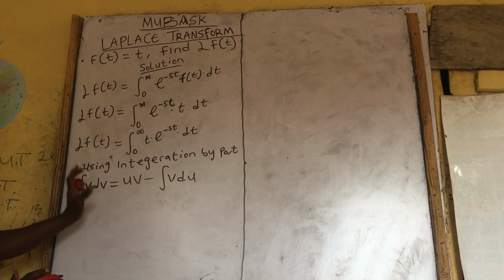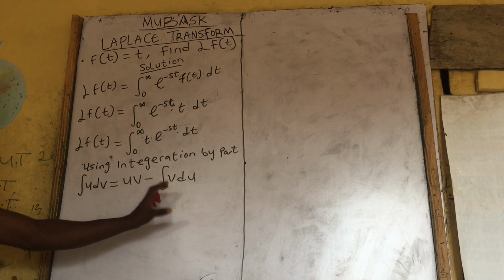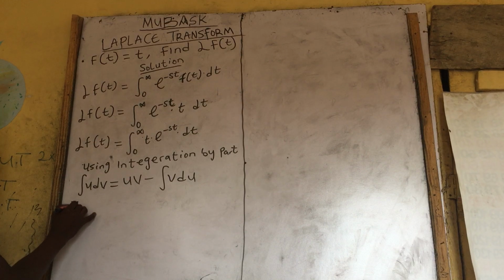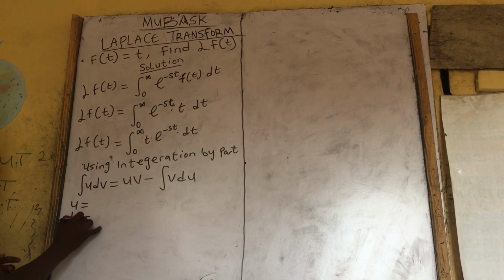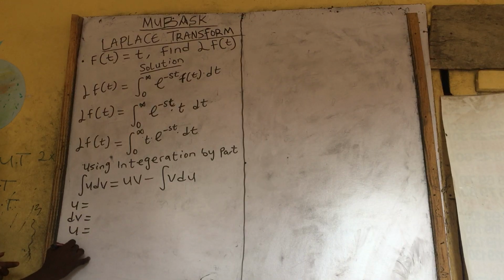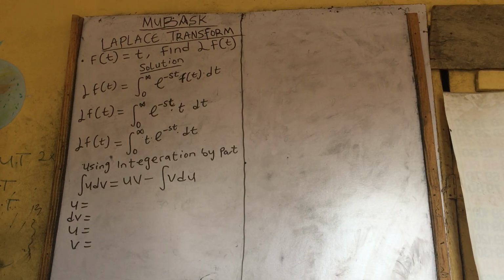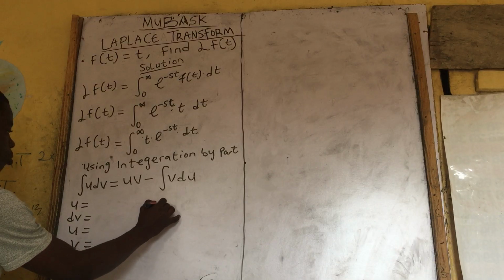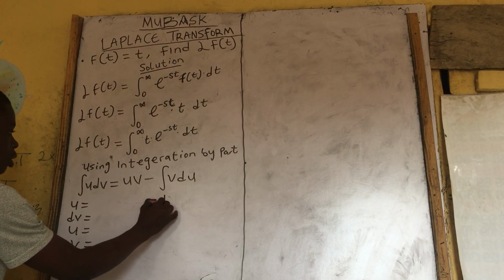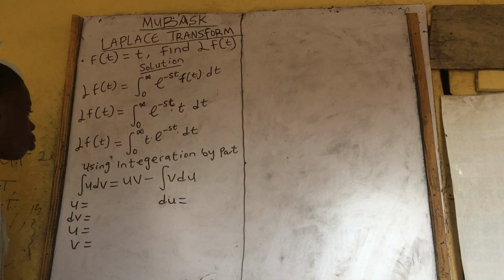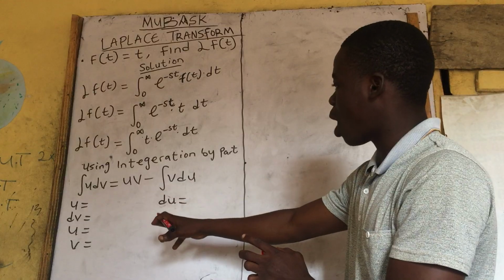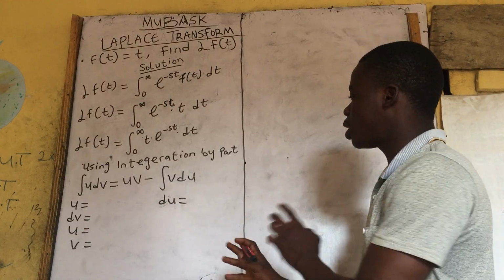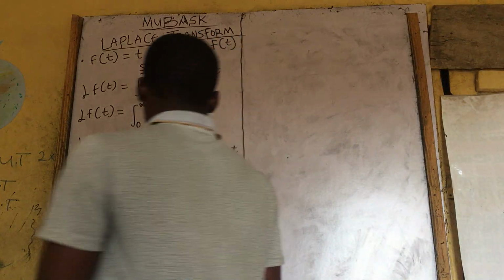And let me write this data given out or unknown value. We don't know our u. Our dv is unknown. Our v is unknown. And also our du is unknown. But the next step to find our u, our dv, our v, and our du is very simple by using